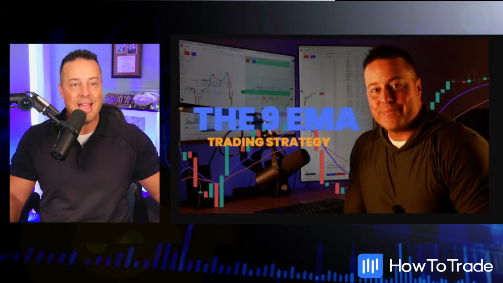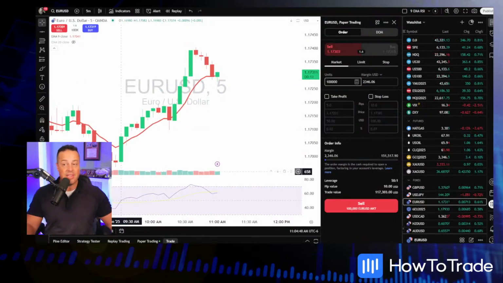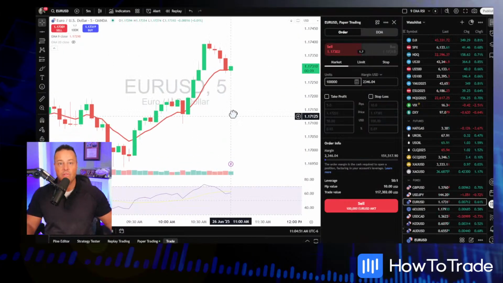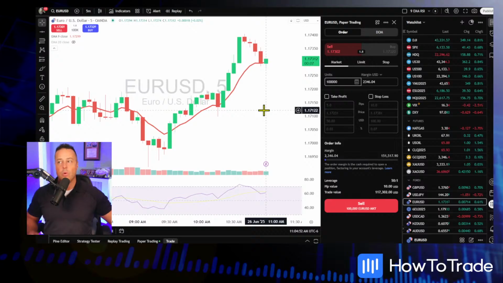When we're talking 9 EMA, we're talking momentum. We want to understand what this strategy is all about, and it's all about momentum. That's it. If you're going to trade an EMA strategy, the idea is that you want to get in on the move. Now, this is going to be more of a scalping workshop, although we are going to look at some key time frames for you and a few things that I would recommend you do to be successful trading